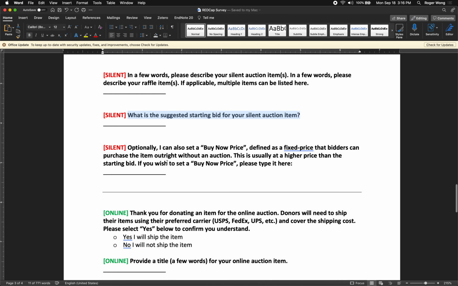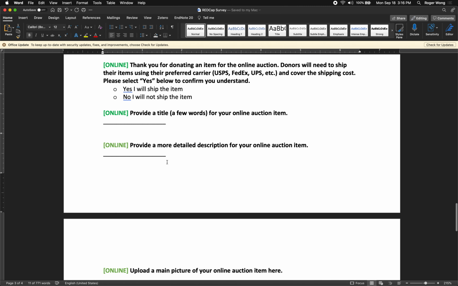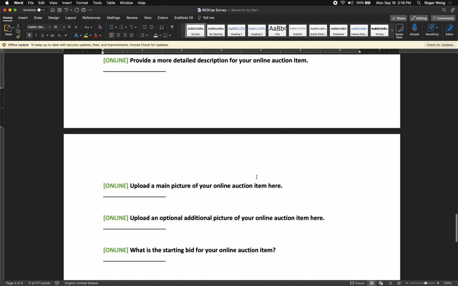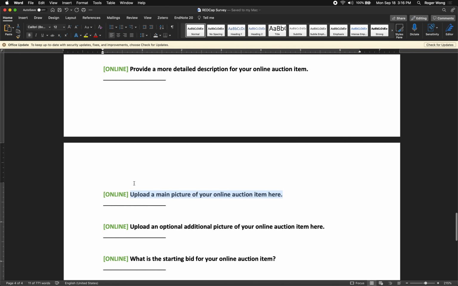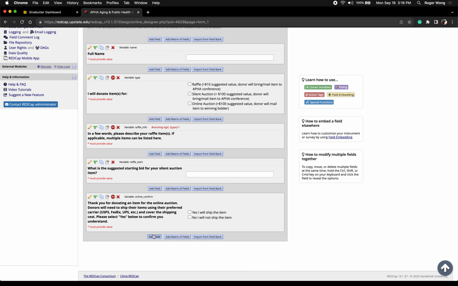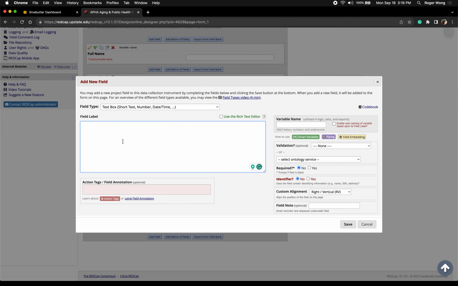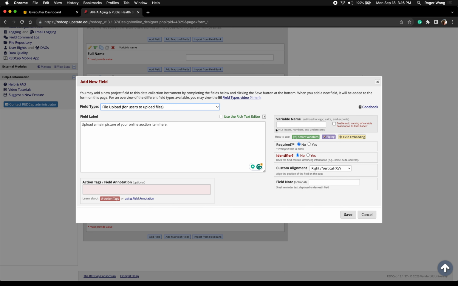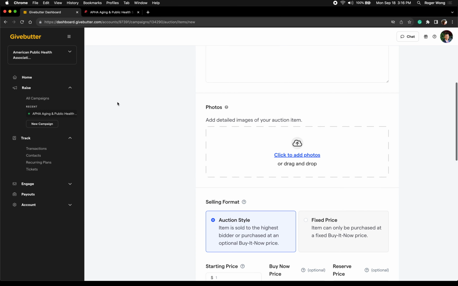And then, is there any other different questions? Oh, these picture stuff. Upload a main picture of your online auction item right here. So add field. This is gonna do file upload. And I'm gonna call this online pick one. Yes, I need at least one picture for GiveButter when